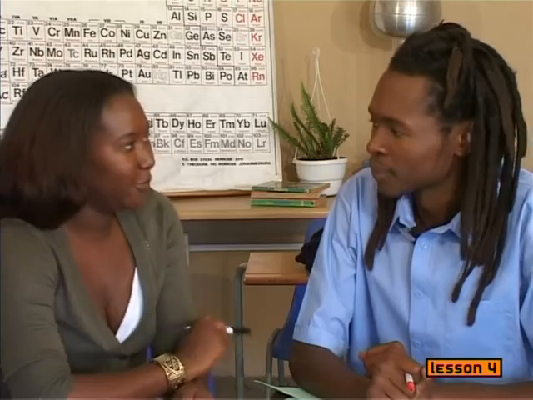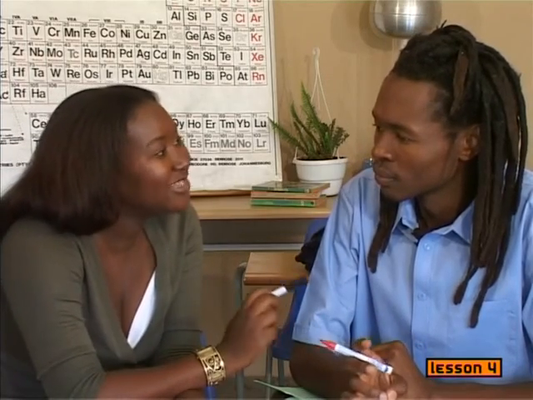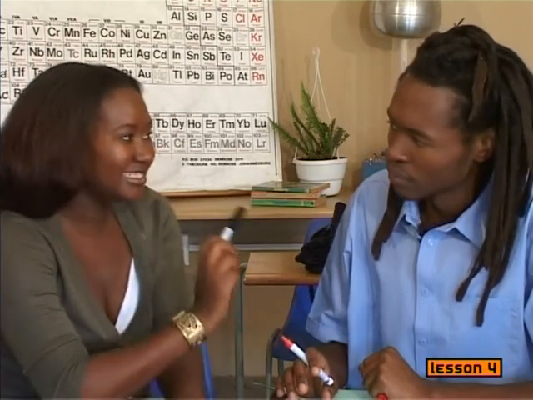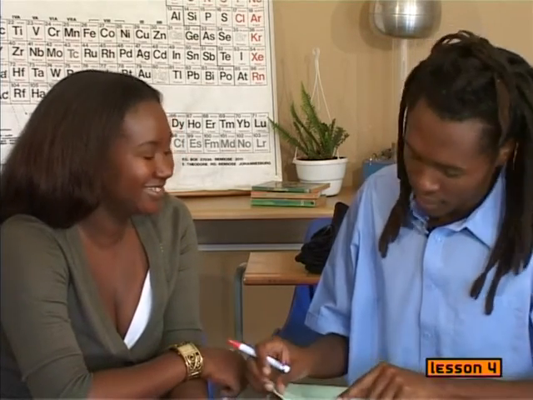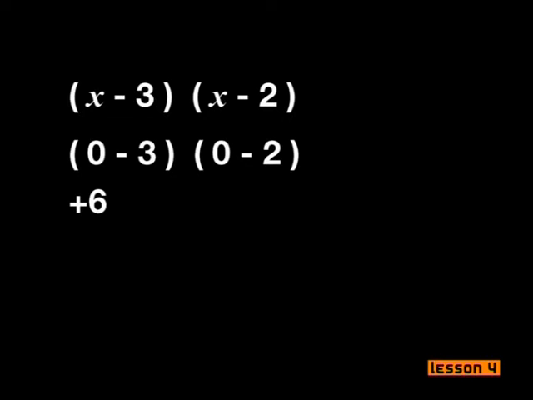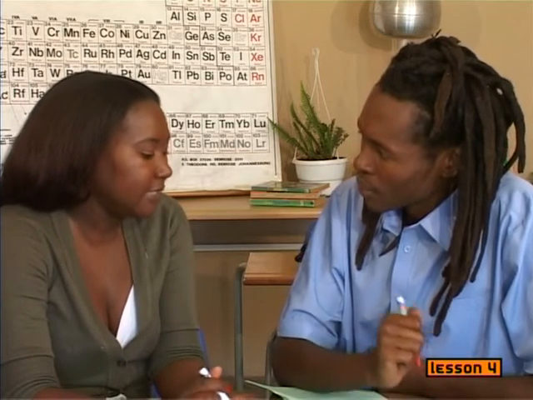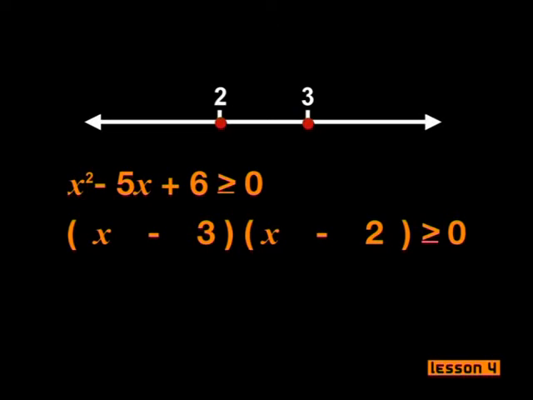Now, Deboho, can you give me a number less than 2? How about 0? That will do. Now, can you substitute that number into the left-hand side of the inequality and tell me if the solution will be positive or negative? All right. If I substitute in 0 for x, I get a positive solution. And can you show that on the number line for me? Yes, I can show that by putting a positive here in this region where the values of x are less